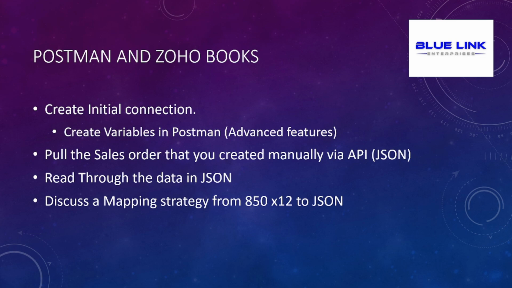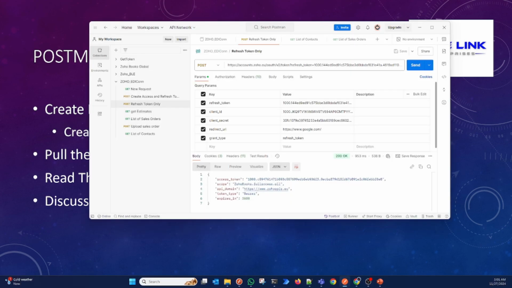Okay, so now we're going to talk about how to create variables in Postman. It's an advanced feature. We'll cover how to pull the sales order that you created manually via API, and how to read through the data in JSON. We're also going to discuss the purchase order A50X12 to JSON, and how we can map that. So first of all, to cover real quick